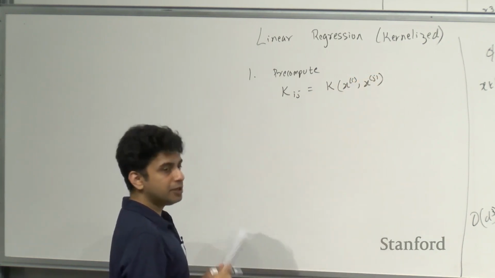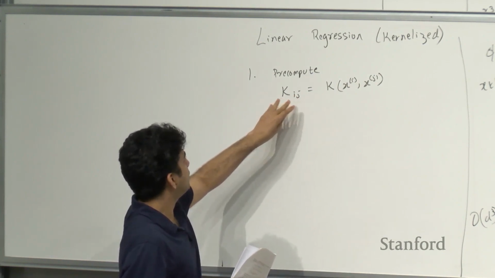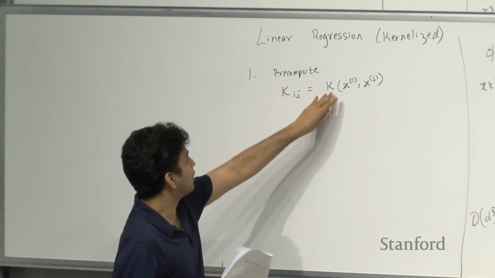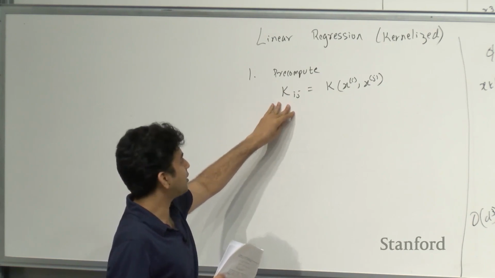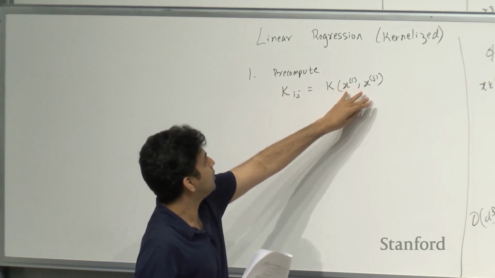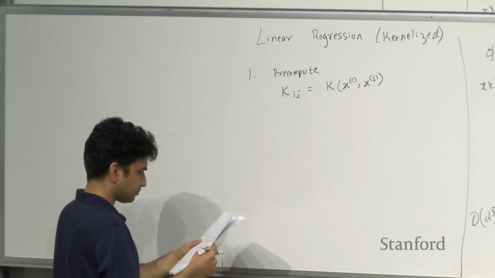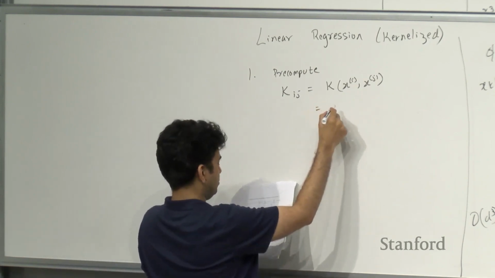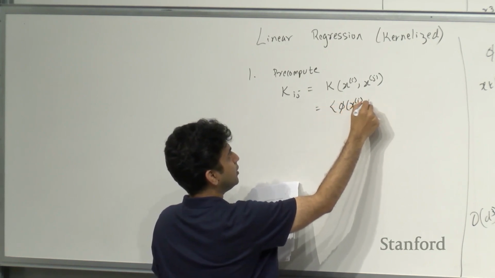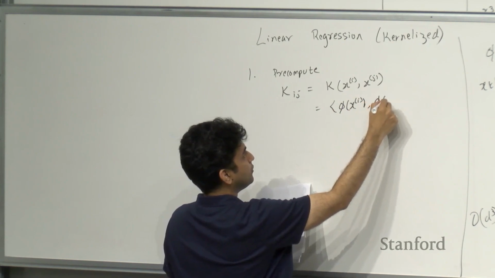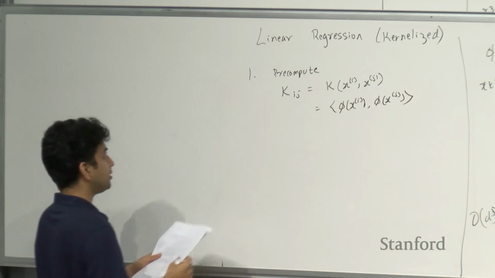It is common in literature to abuse notation and use the same letter K for both the kernel function and also what is called the kernel matrix, which is a square symmetric matrix of all the kernels evaluated between every pair of your examples. And this is equal to the inner product of phi of x_i with phi of x_j. So pre-compute that, and then